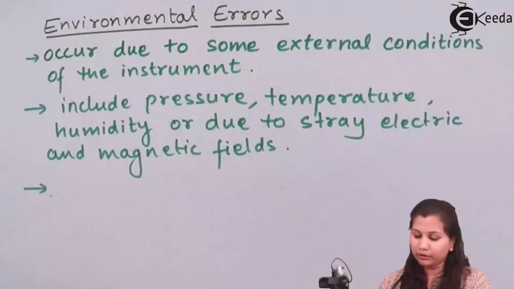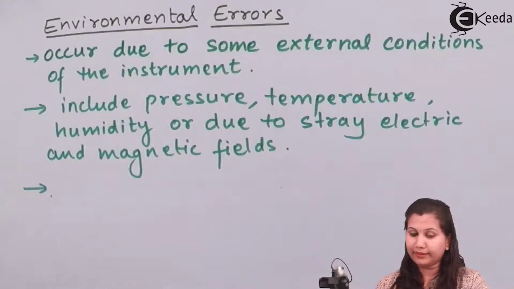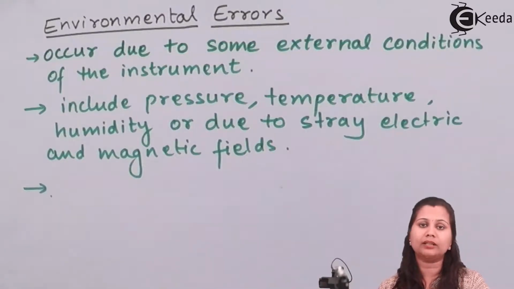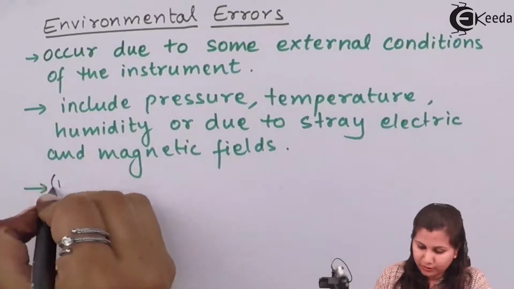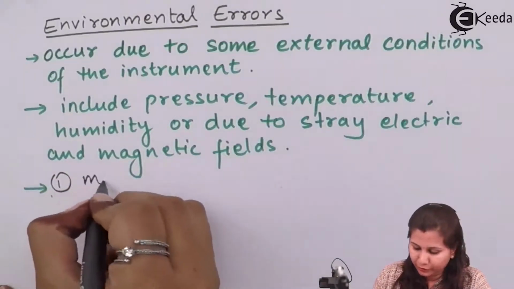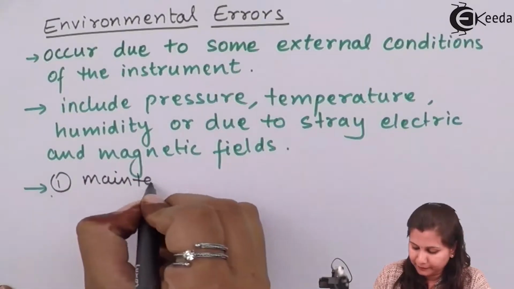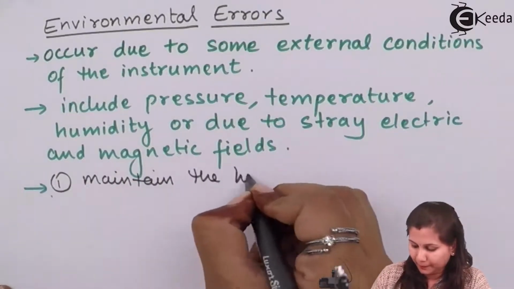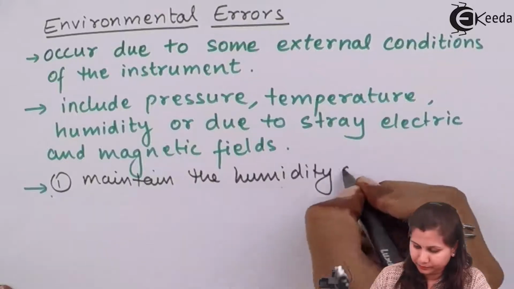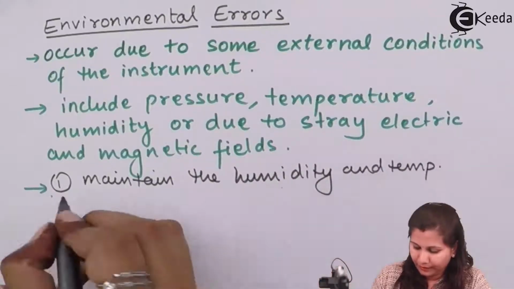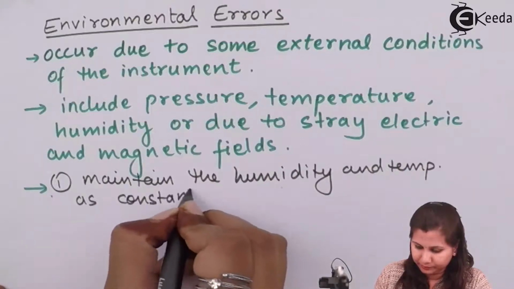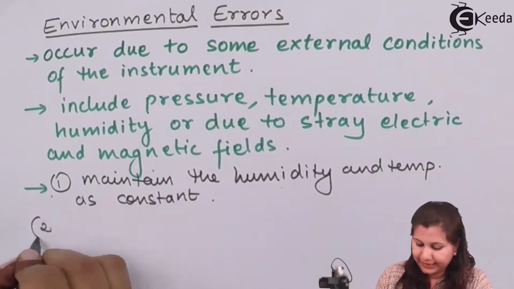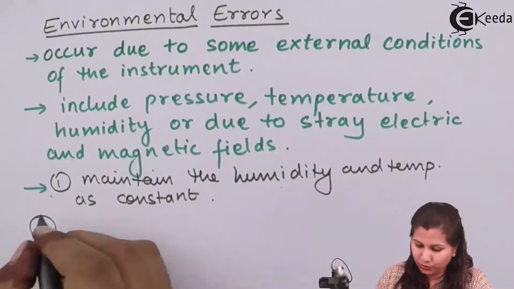Also, we can ensure that there is no electric and magnetic field present around the instrument. So the first measure is to maintain the humidity and temperature as constant. And the second way to reduce is to